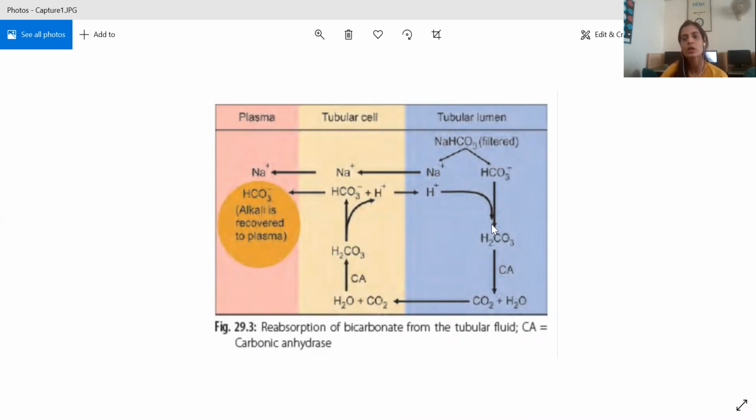right? Now this will again combine with HCO3- in your tubular lumen and form H2CO3 again, and in the presence of carbonic anhydrase, it will form carbon dioxide and water, which will be transported to your tubular cells. So it will be a complete cycle. It will keep going on and on. It won't stop. Now further, let's see about